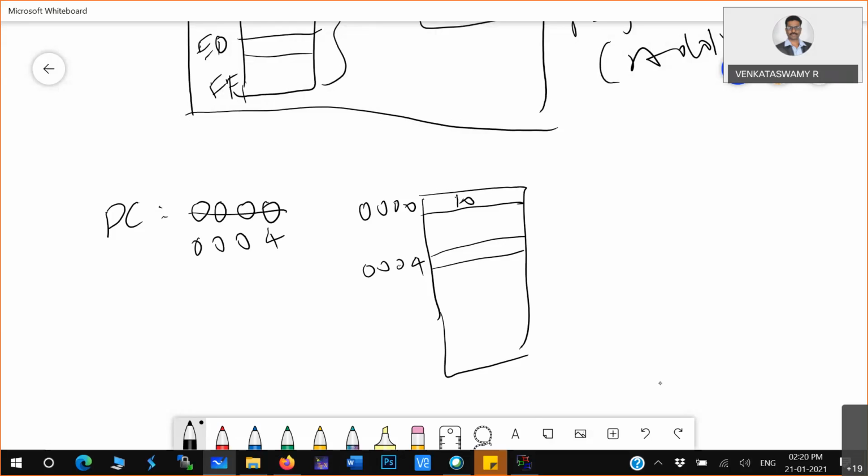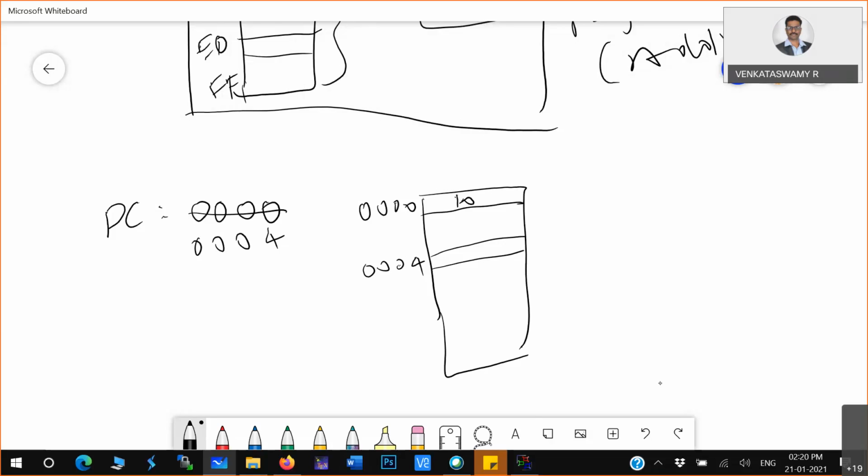In different microcontrollers they use different names, but just understand this particular term, program counter, which is basically the address of the instruction which is currently executing. So what is the program counter?